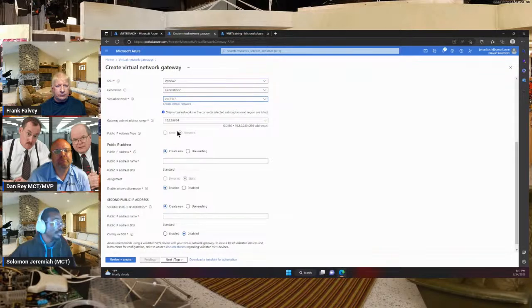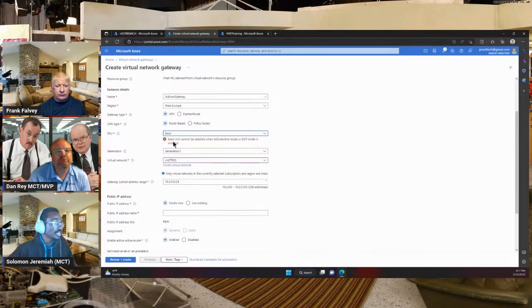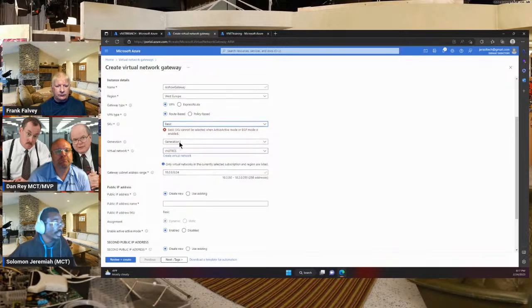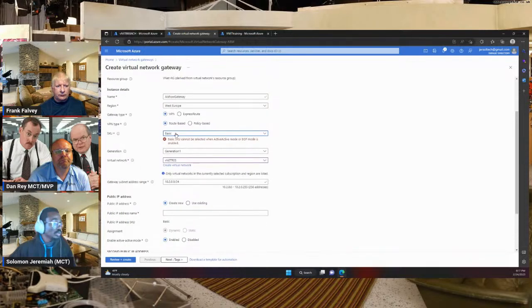your IP name, and the IP type currently is on standard, right? But if I'm using the basic, you can see the IP is going to be basic SKU, and it will be on dynamic. I don't have the ability to change this. So what I'm going to do, I will just put it here,